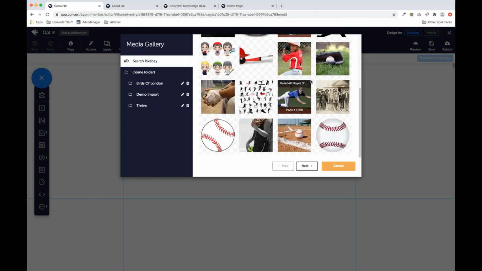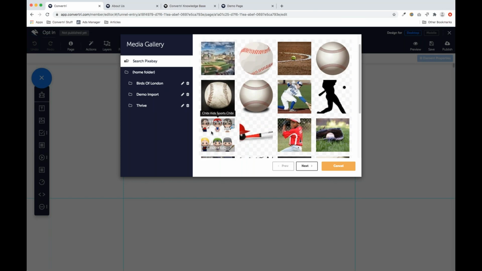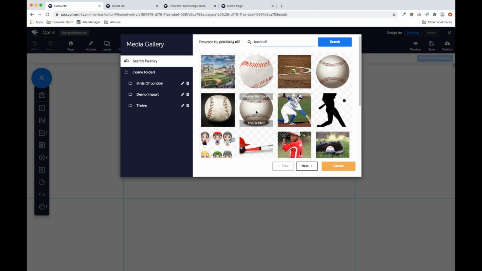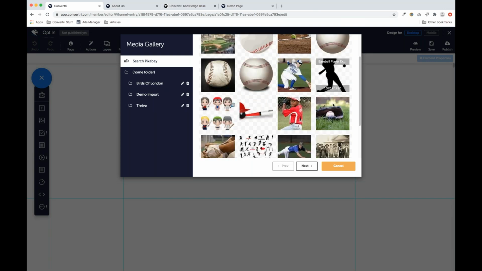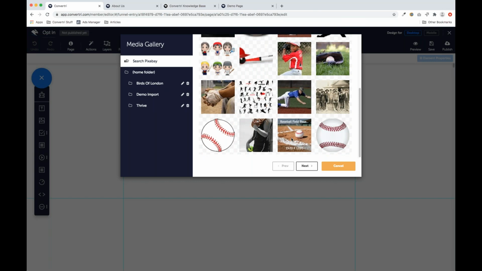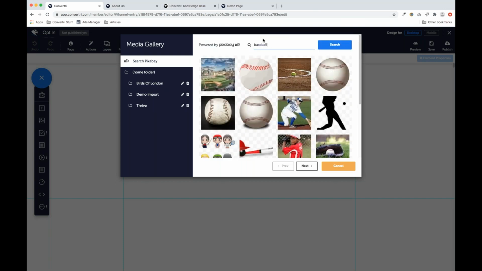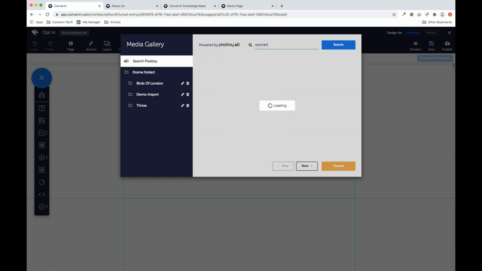So there's a huge amount of selection here. They're a mix of things: you can see there are some cartoony avatar things that you might take a little bit of and use as a character on your site. You've got images like this baseball here, you've got the vector silhouettes, and you've got actual high quality images as well. There's a huge amount to choose from. It's a really cool site. I really like it. And in fact, the picture I'm going to use did come from Pixabay to begin with. If we type woman in here,